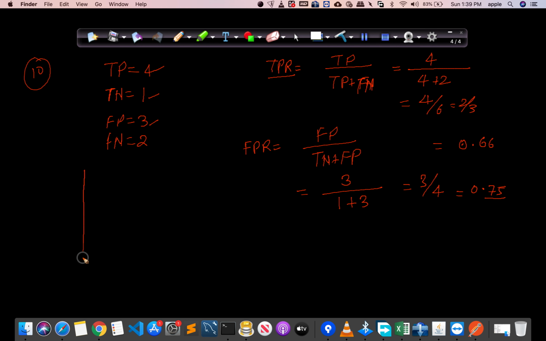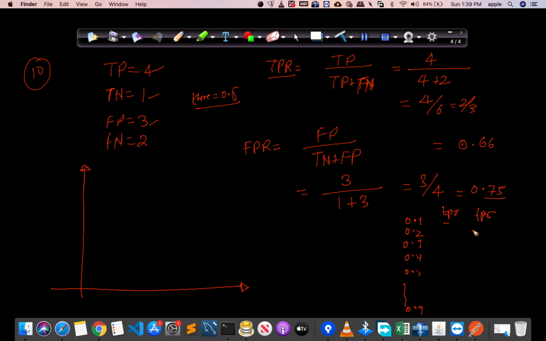So now what we have to do is, this was for threshold 0.5. In creating this AUC graph, we will start from a threshold of 0.1, we will go to 0.2, 0.3, 0.4, 0.5 until 0.9, or you can even take smaller values also. Just for simplicity, I am starting from 0.1 and going till 0.9. So for every threshold, you will get a true positive rate and a false positive rate.